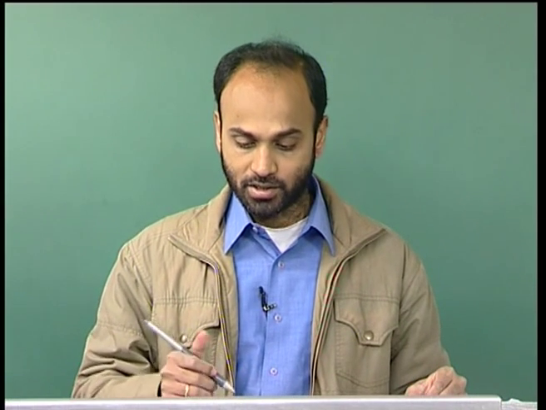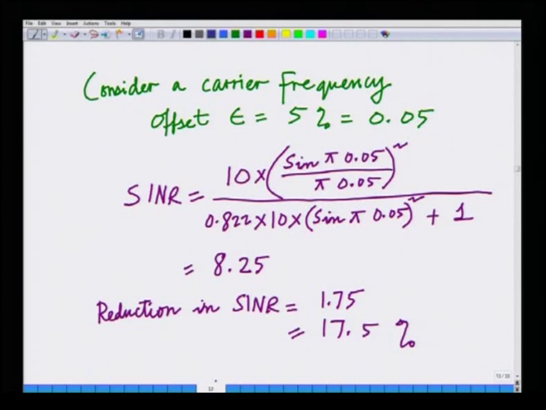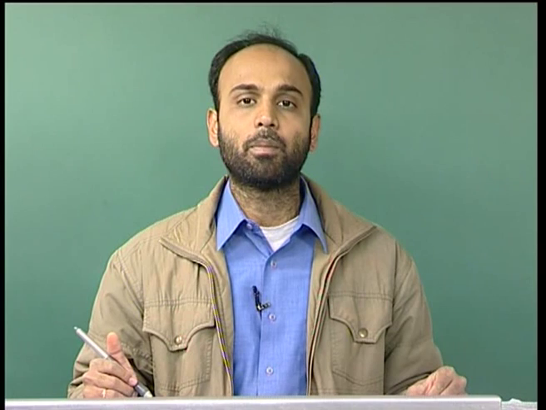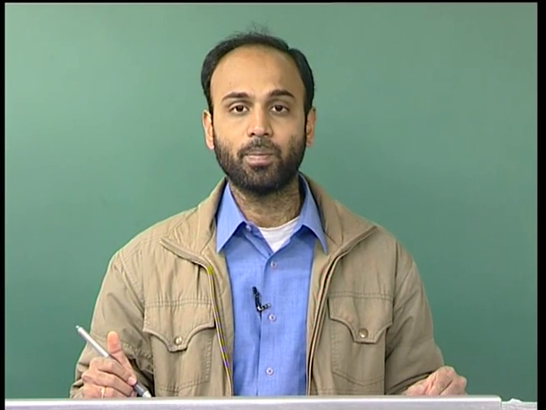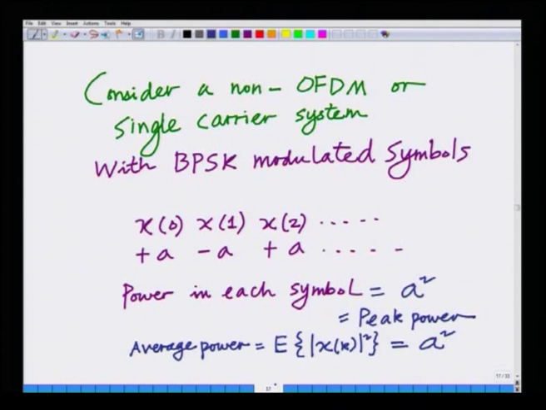In fact, we had looked at an example and we had said for a simple case with about a 5% carrier frequency offset, the reduction in SNR is close to about 17.5%. And then we had started looking at the PAPR issue, that is the peak to average power issue in this OFDM system. Right, we said PAPR stands for peak to average power ratio, and we had started looking at